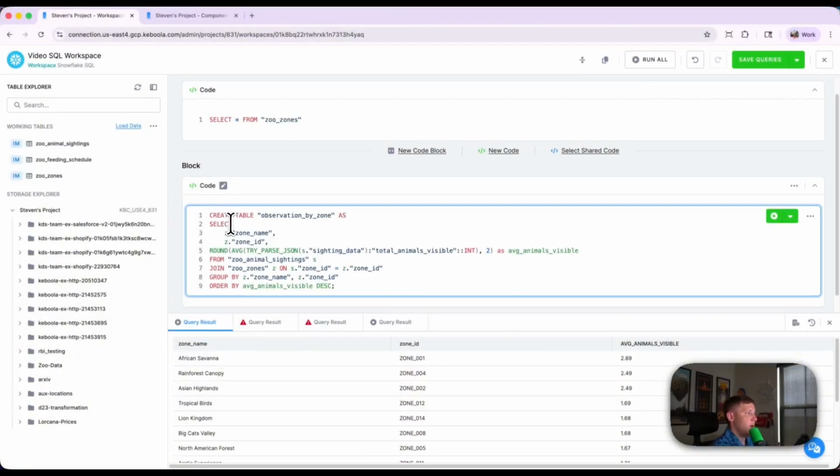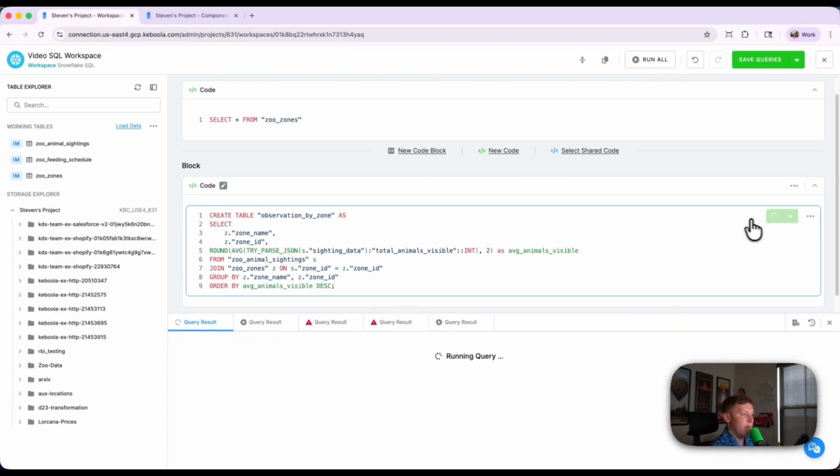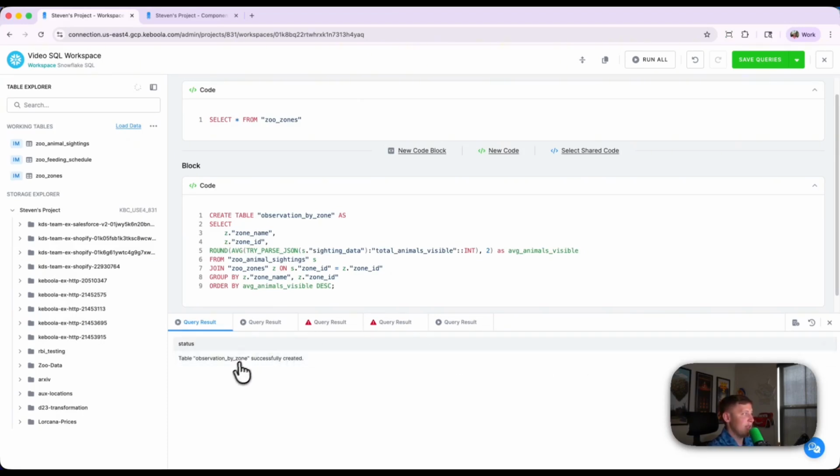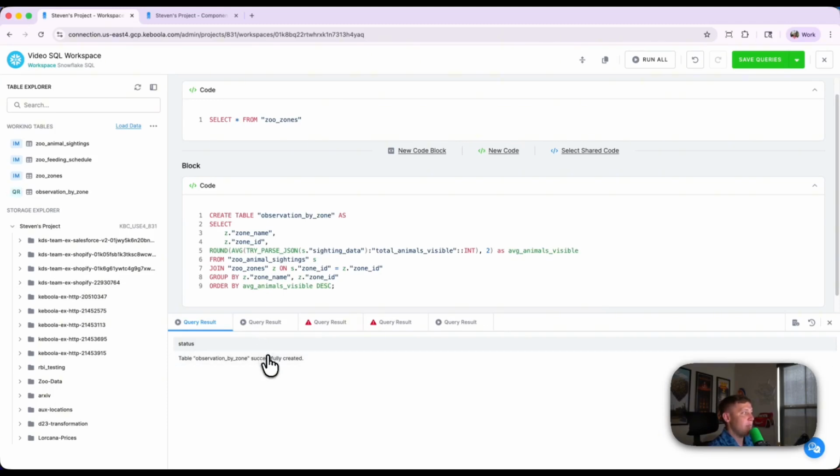So I can add in a create table, and I'm going to name this create table observation by zone as this. Go ahead and give this a run now. So this will generate that table for us. That's going to be inside of our storage, which is going to be great. So you can see table observation by zone successfully created,